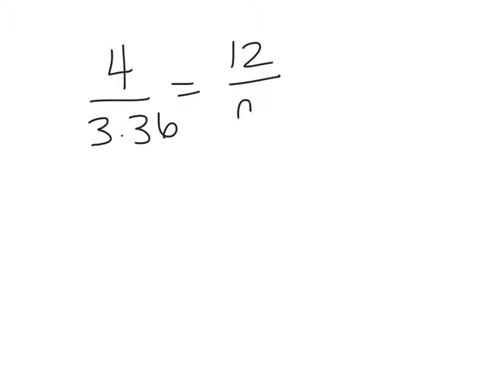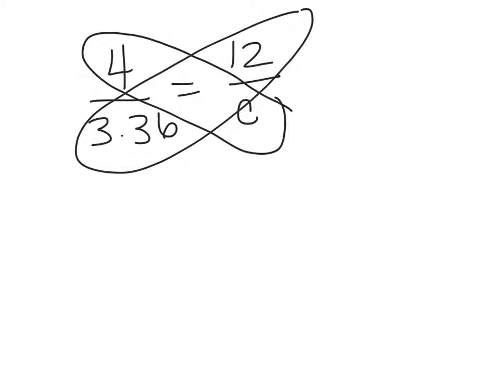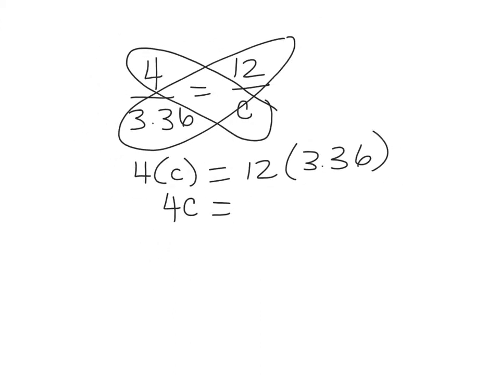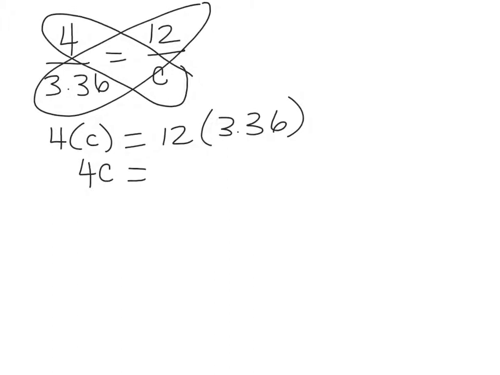I can also do 4 over $3.36 is equal to 12 over what? I don't know, C. Instead of doing what do I need to multiply by to get from 4 to 12, I can do what's called cross multiplication. Okay? So I'm going to do 4 times C is equal to 12 times $3.36. Okay? So I'm going to get 4C is equal to, oh, I need a little space here. I'm going to make that a little bit smaller and slide it up, which is kind of a neat little feature you can do with Explain Everything. Okay? And I'm going to do